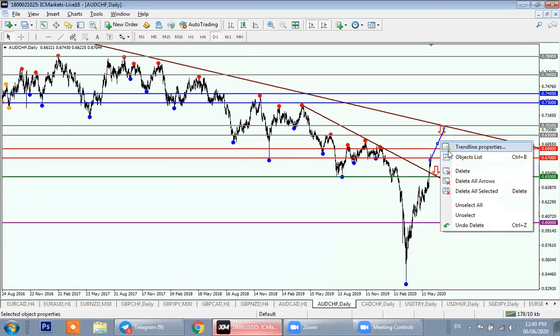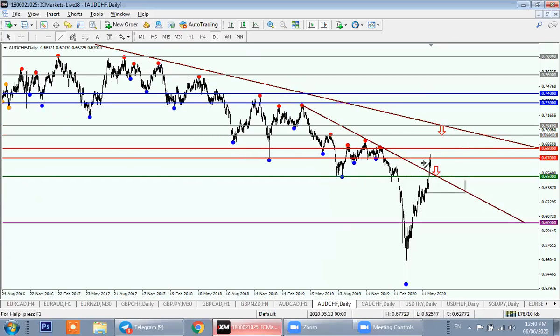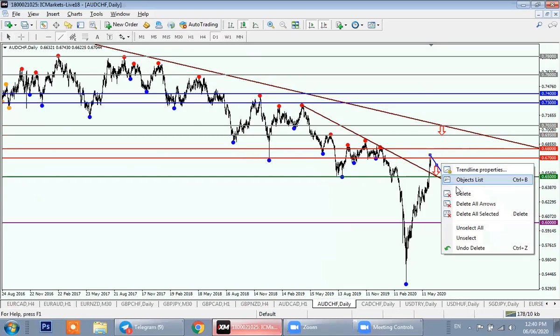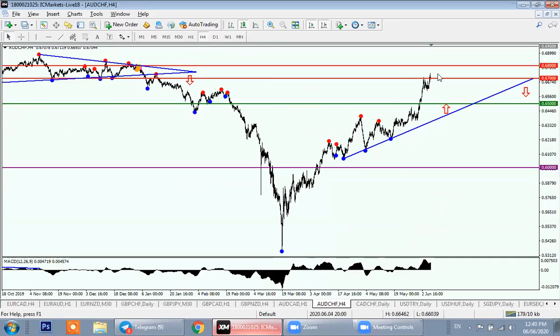So here's our first scenario. Our second scenario, as mentioned before, would be a retest around here. So for now, we'll be looking for objective sell setups on lower time frames. So if we zoom in